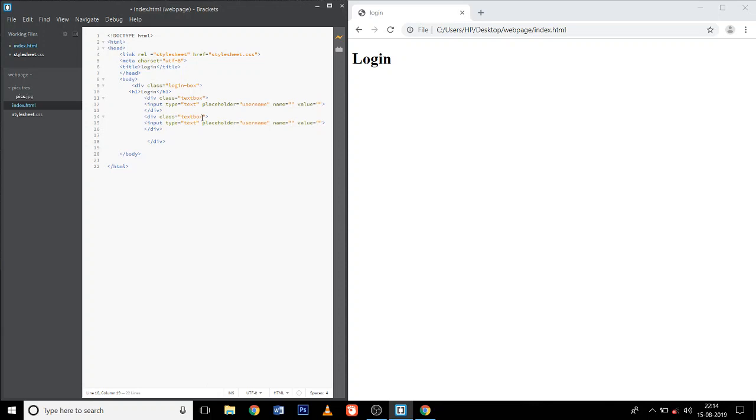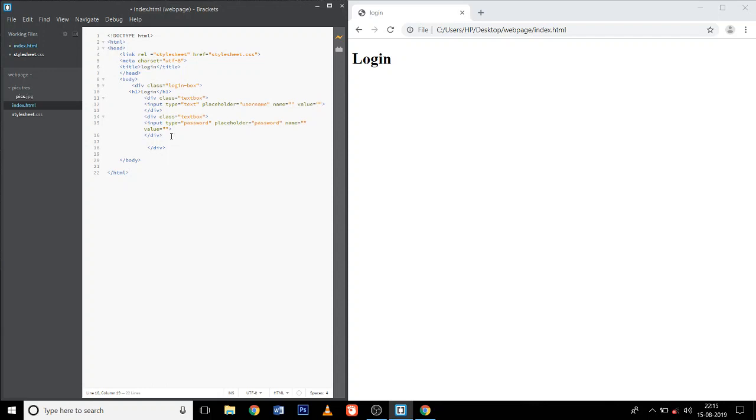Okay, I'm going to paste here, and then this text box will be for my password, type password, placeholder name also it as password. Okay, and then name and value will be same, and then the division will be closed,